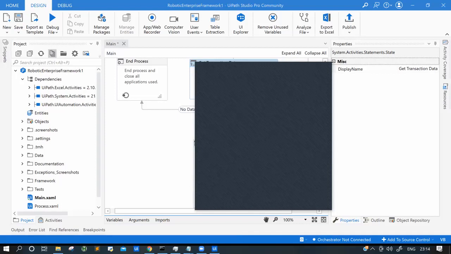Document understanding is a new feature of UiPath that helps you extract data from PDFs. The RE framework has its own structure, and the document understanding framework also has its own framework, with a few steps: taxonomy, classification, and validation.